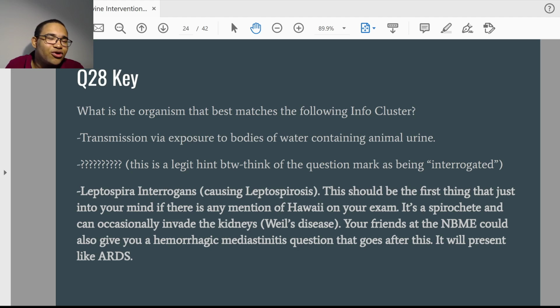an exam is they can give you a leptospirosis question, and the person will have like a hemorrhagic mediastinitis, they'll have a widened mediastinum, or they may have an ARDS-like picture where they have a non-cardiogenic pulmonary edema. If you see that, and they put it in the context of Hawaii, like a person going on a swimming expedition a few days ago in Hawaii, think about leptospirosis under those circumstances. So hemorrhagic mediastinitis is not only caused by anthrax, it can also be caused by leptospirosis on an MBME